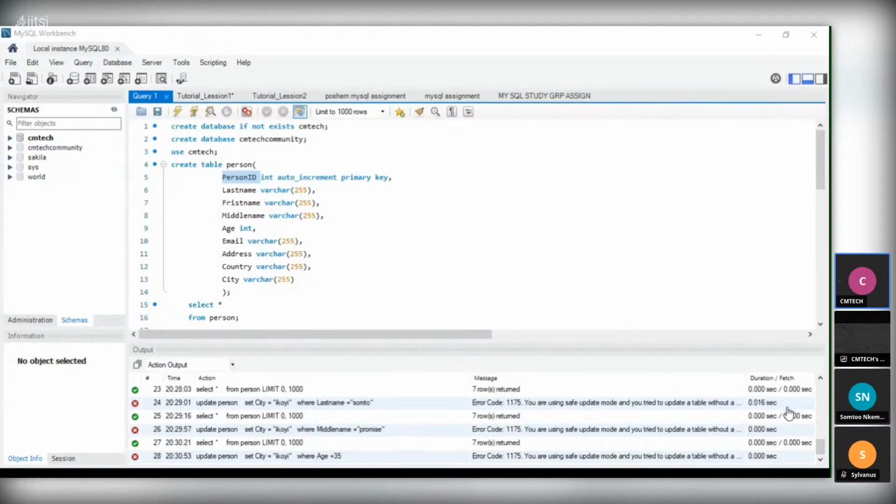Silvanus, I hope this is clear to you. Yes, Silvanus, yes, it is. So I wish I did not use a primary key or auto increment, so I could access any column with another column. So I want you to create a table. Do me a favor, create a table without using a primary key, and test your question. Okay.